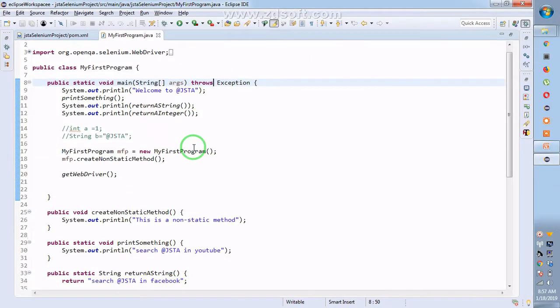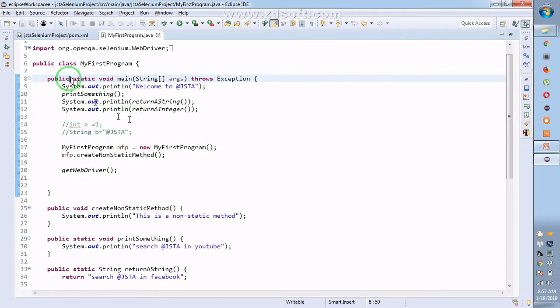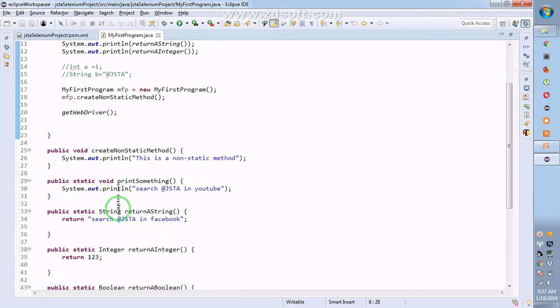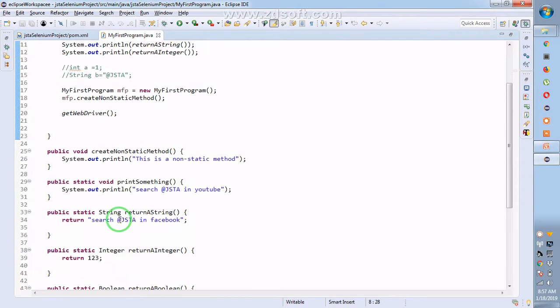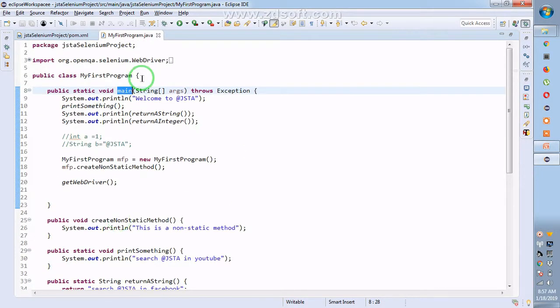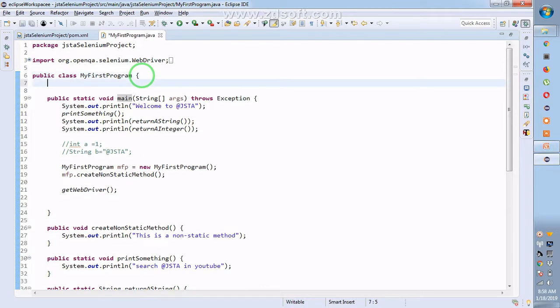Previous video. So now, as we have the main method here and we have other non-main methods here, let's see what is a global variable. Any variable that is defined at the class level outside of the method is a global variable within that class. Any variable that is defined within a method is a method level variable. Say for example,